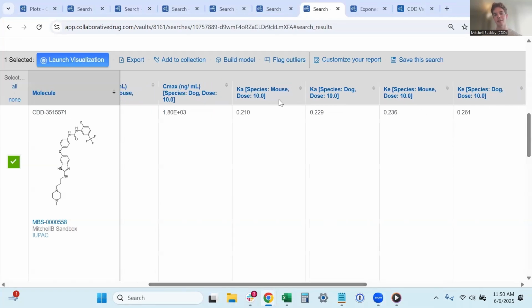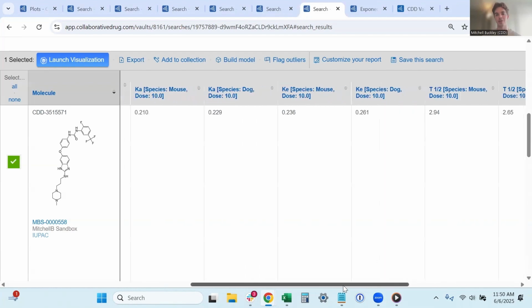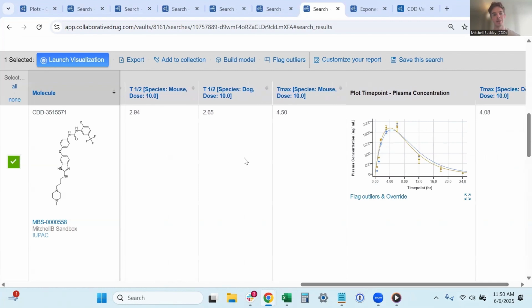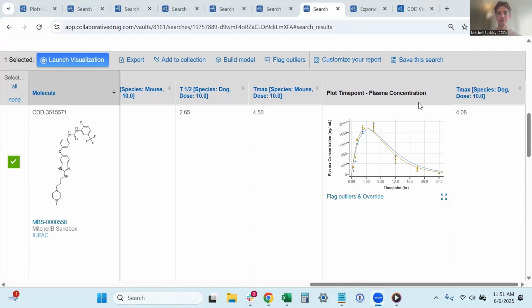And we also have turned on here our accumulation rate constant, as well as our elimination rate constant moving to the right-hand side of the table. In addition, we have calculated our half-life based on those elimination rate constants, as well as the Tmax for this particular plot. And one of the upcoming features that we will be releasing soon will be the ability to toggle our y-axes into log scale. And so, of course, for pharmacokinetic purposes, having the ability to view those semi-log plots will be quite